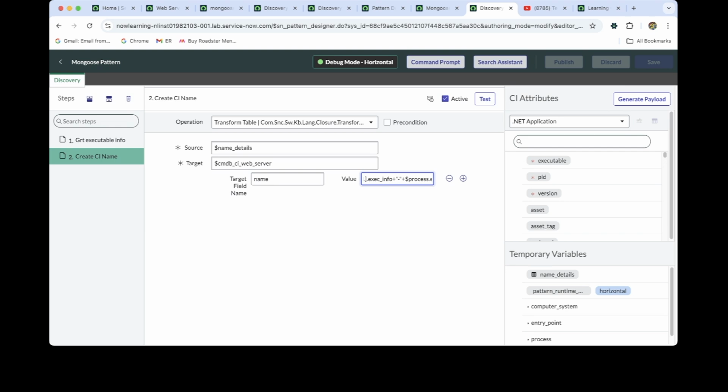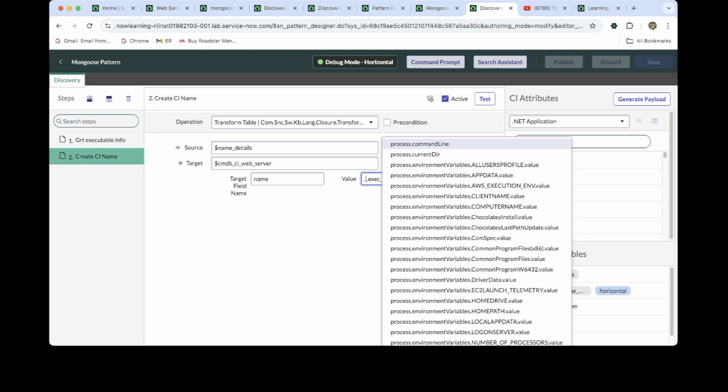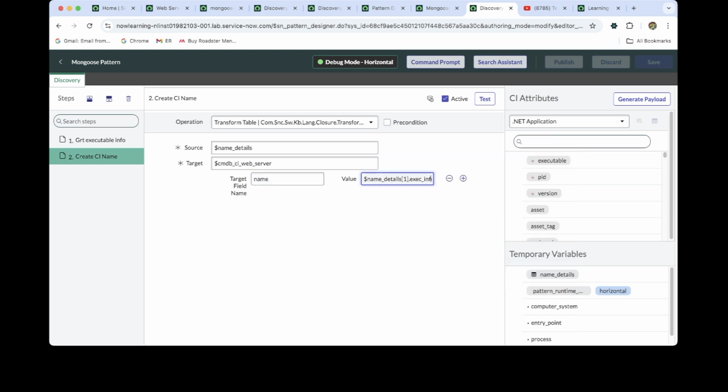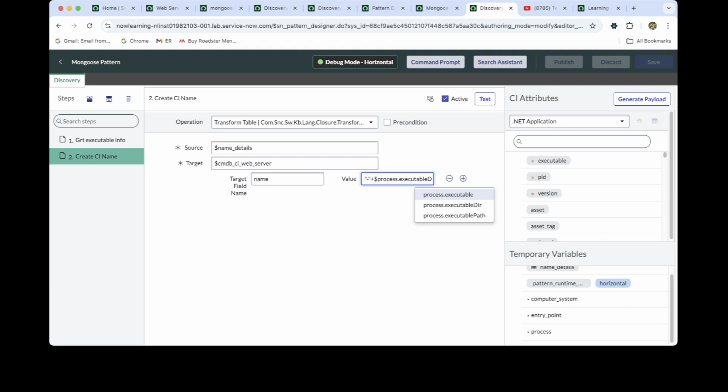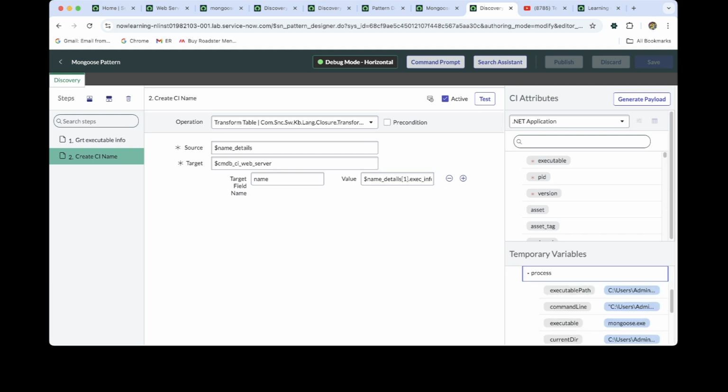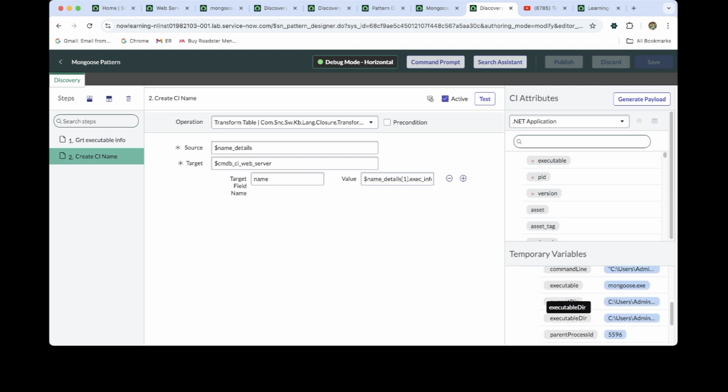Here we provide the hyphen, and also here we provide the path, path details process dot executable. I can show you, process dot executable there. Here you can see that we have dragged this and dropped it in here. Like this we can call it. Once we save this,